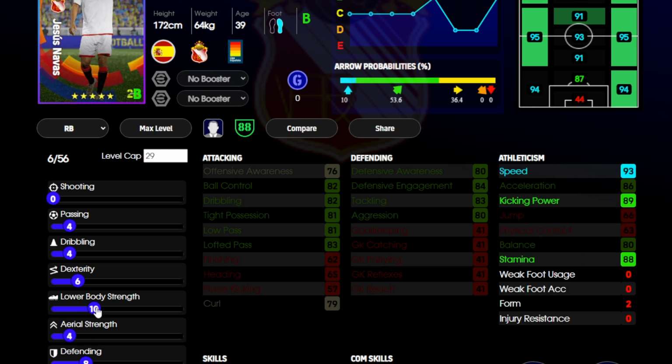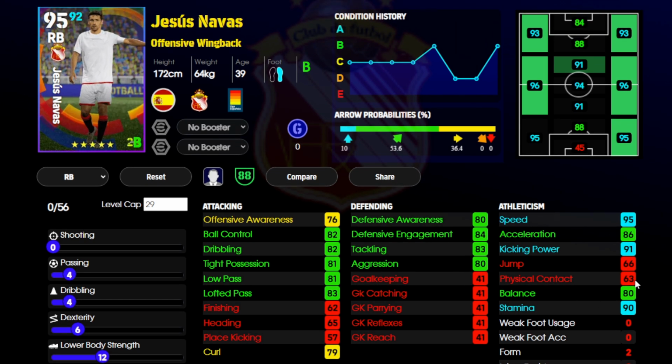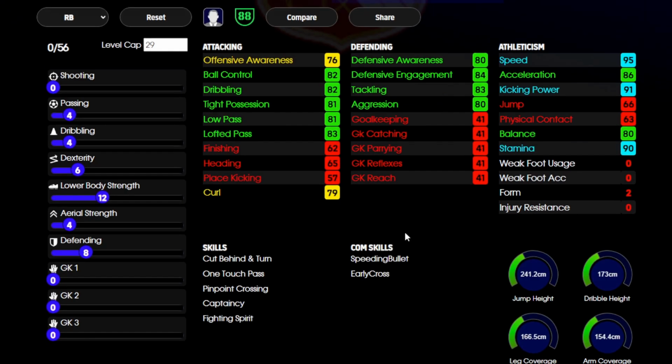I'll just leave it as it is. I think this is one of those cards where the auto allocation is pretty much as good as you're going to get it. You're just going to have to accept that he's physically weak, unfortunately. So all it really comes down to is keep in mind he's physically weak, and then you're going to need